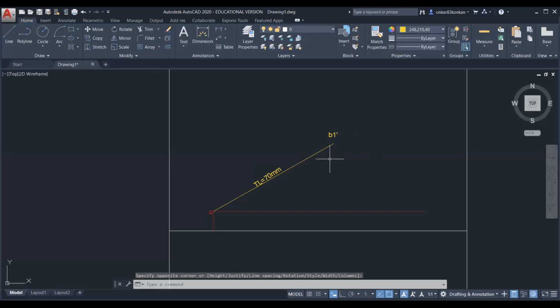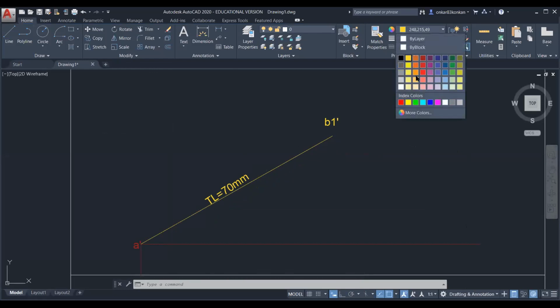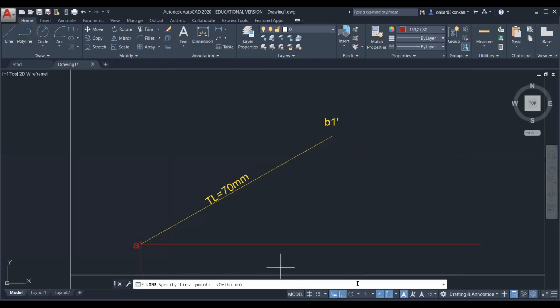Now from the B1 dash point, draw one reference line which is parallel to the XY line. So this line will represent the locus of the point B dash. So on this line somewhere we can project the actual front view, that is B dash.